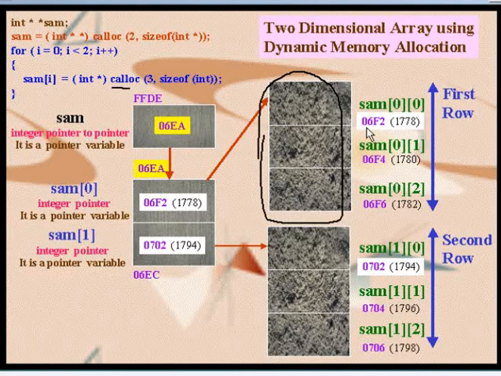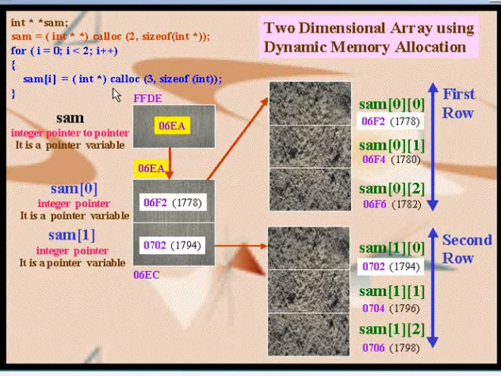We know that integer data type consumes 2 bytes. That's why I'm adding 2 over here. Is it clear? Now you observe the third call to the function malloc, I mean second call in the for loop. So here again when i is equal to 1, we are calling function calloc, and again function calloc will reserve this memory area. Okay, so here we are storing Sam10, Sam11 and Sam12.